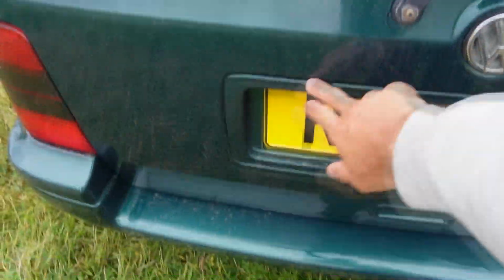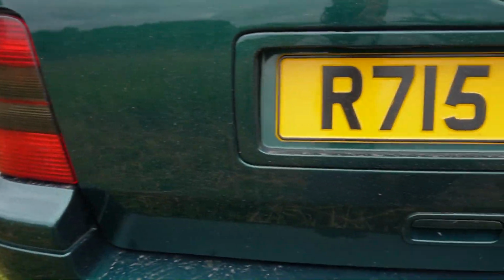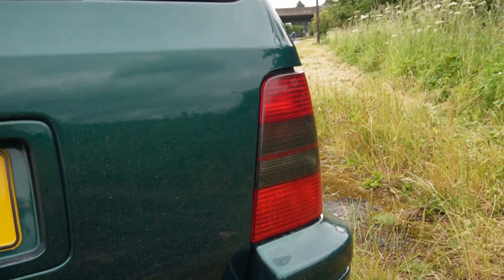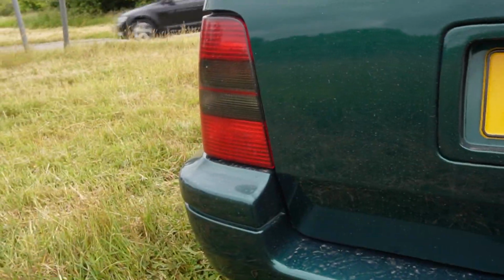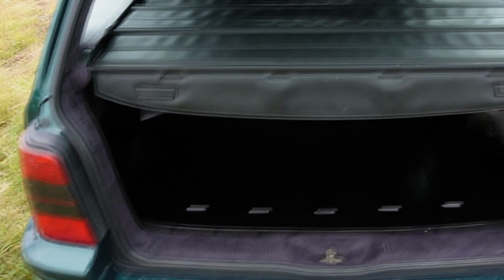Moving on to the back, with the paint job, we also got the rear plinth colour coded. I think it looks quite nice. On the back, we've got some hella smoked rear lights, which compared to the standard ones make a massive difference to the back end of this car. Moving into the boot,